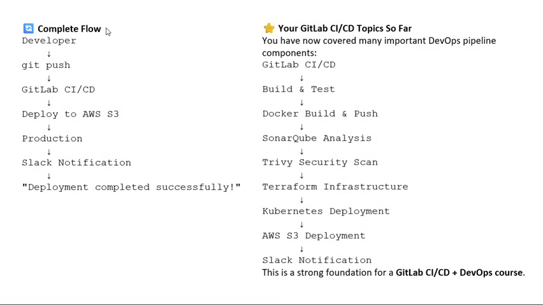And the complete flow is as follows: the developer does a git push, which triggers GitLab CI/CD, which deploys to AWS S3 and to production, and after that a Slack notification is sent, showing the deployment completed successfully. And that is our GitLab CI/CD topic so far, and you have now